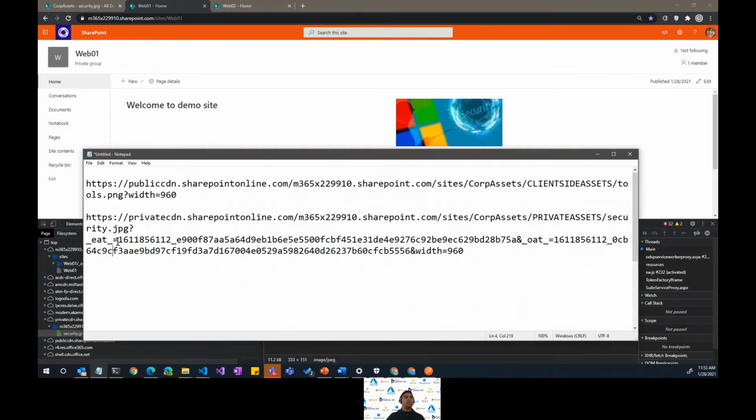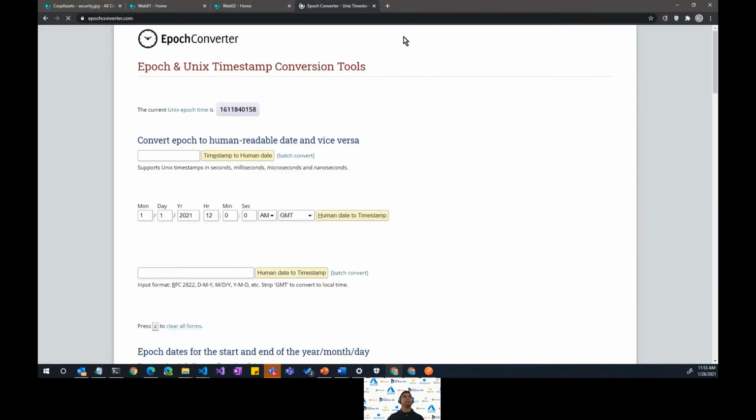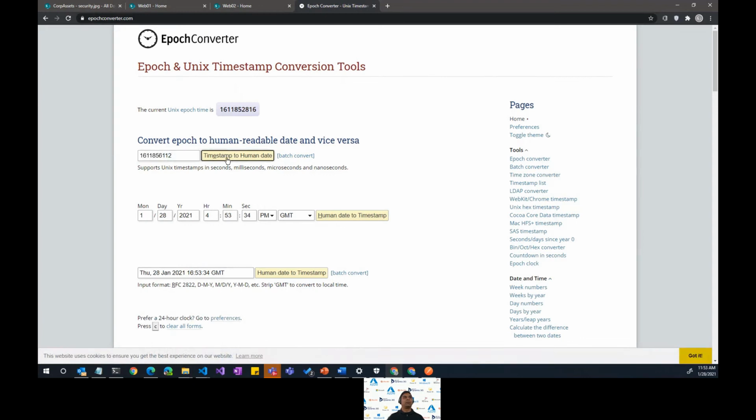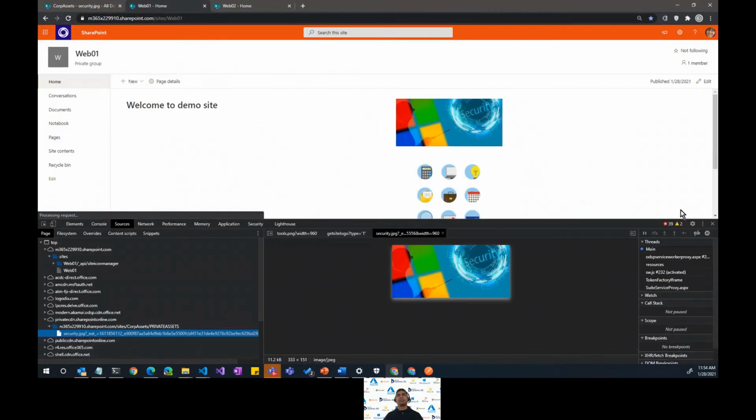So these are nothing but encoded time. If you copy this, this is a Unix time. To decode that, you can go to a site like this one. If you put it here, as you can see, it expires in about an hour. So by default, those assets are cached for 1 hour and accessible anonymously, even though it's a private CDN. They are accessible for an hour as long as you have the referrer. It has a similar limitation when you access it.